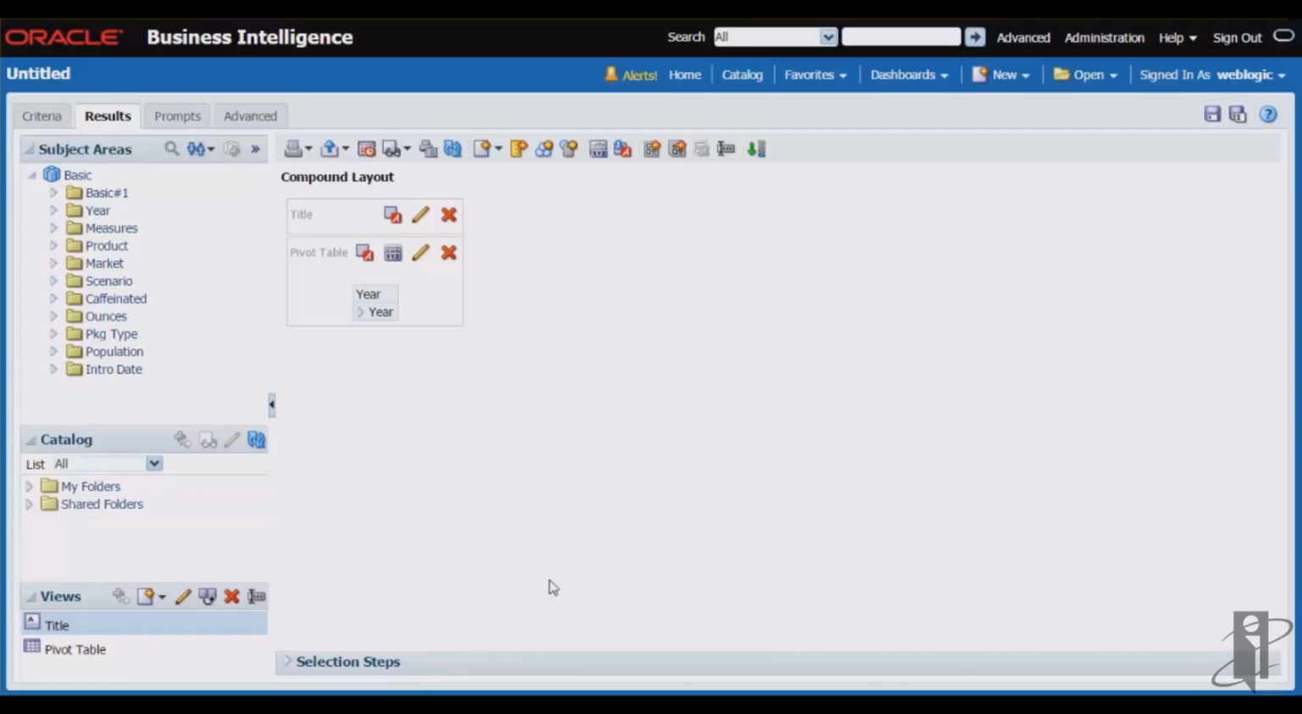The selection steps are where I will go to set the conditions. If you don't see your selection steps, go up to the toolbar, and the very last icon is your Show Hide Selection Steps. Simply click it, and the selection steps should open up for you. I'm going to expand year for just a second because we're going to try and roll our time periods, and